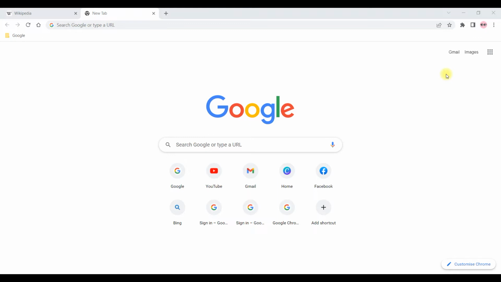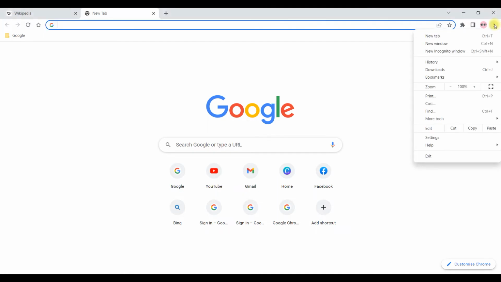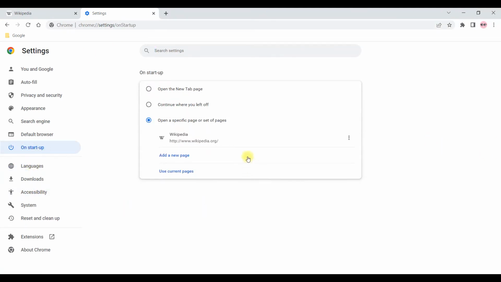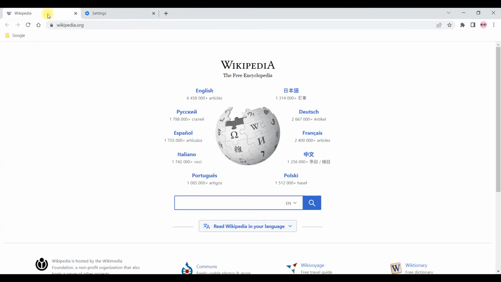And also you can use current pages as startup pages. So for that, you can go to this customize and control Google Chrome option again, click on settings and click on startup. Here you can see use current pages as startup pages. Okay, so I have already opened Wikipedia here,